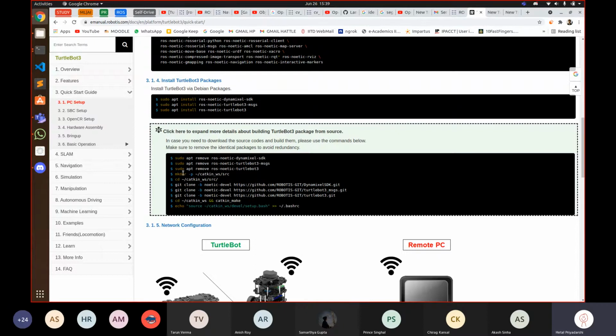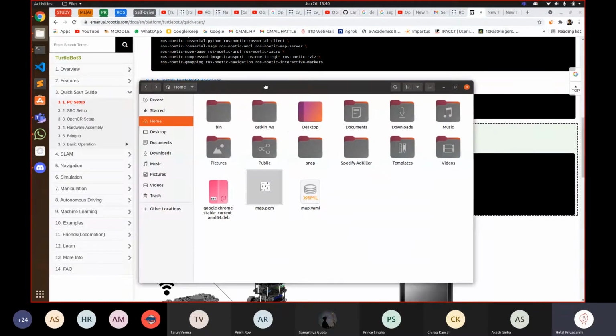So what this will do is make a workspace folder for you in your home directory and also clone the important files, like the packages of TurtleBot. After you've done these commands, you'll see that in your home directory the structure is like this.